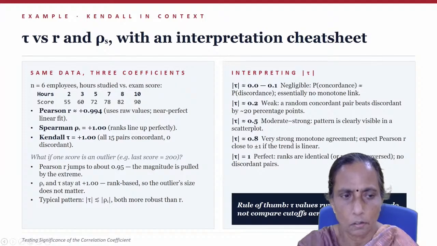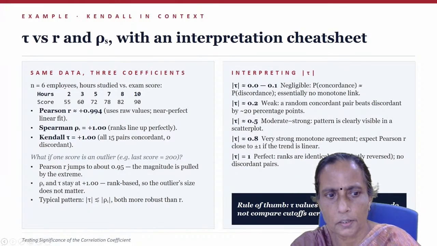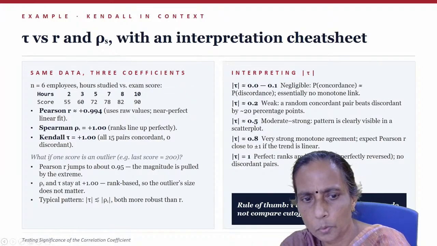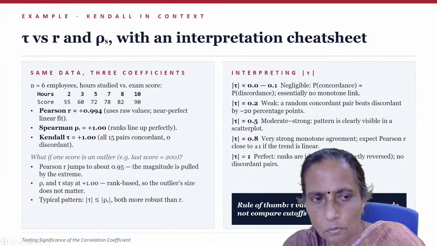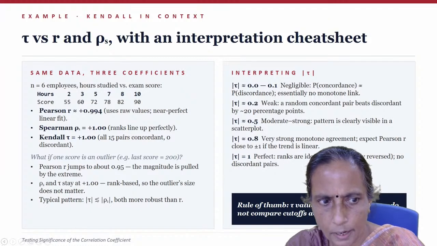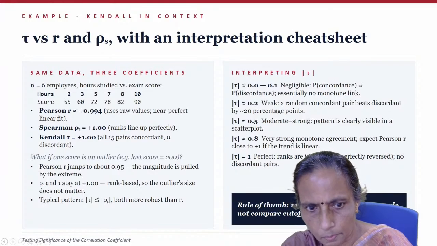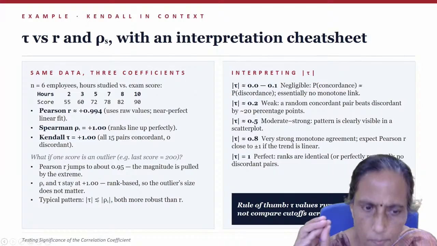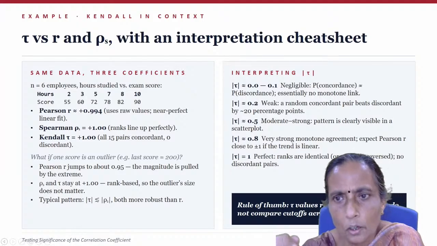With the same data, all the 3 coefficients we have calculated, and they are coming out like this. What if one score is an outlier? Your Pearson's R jumps. Suppose the last score is 200. Taking the same data, we have calculated all three coefficients, and if the last score goes to 200, then there will be this variation. So your Kendall's tau and rho, that is Spearman's rank correlation, both are more robust than